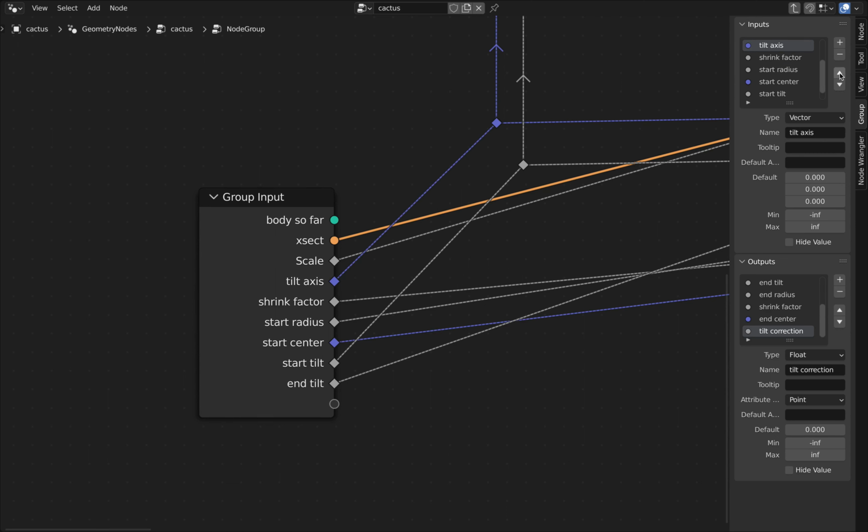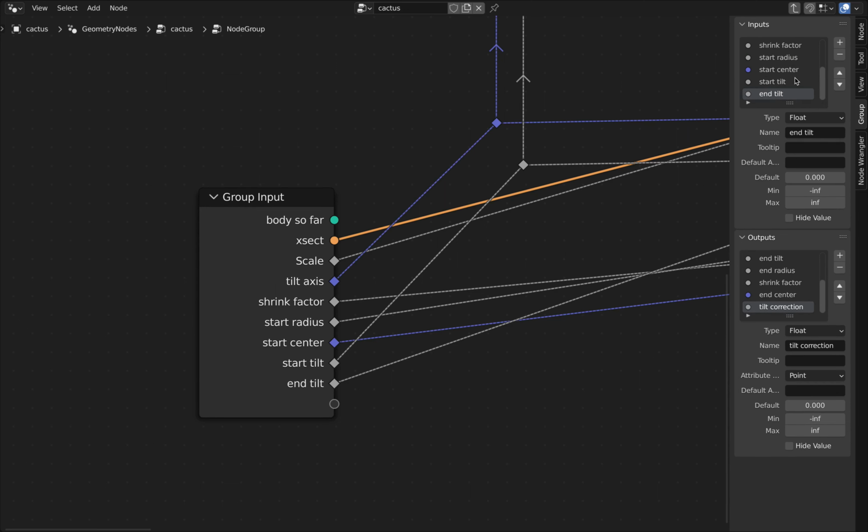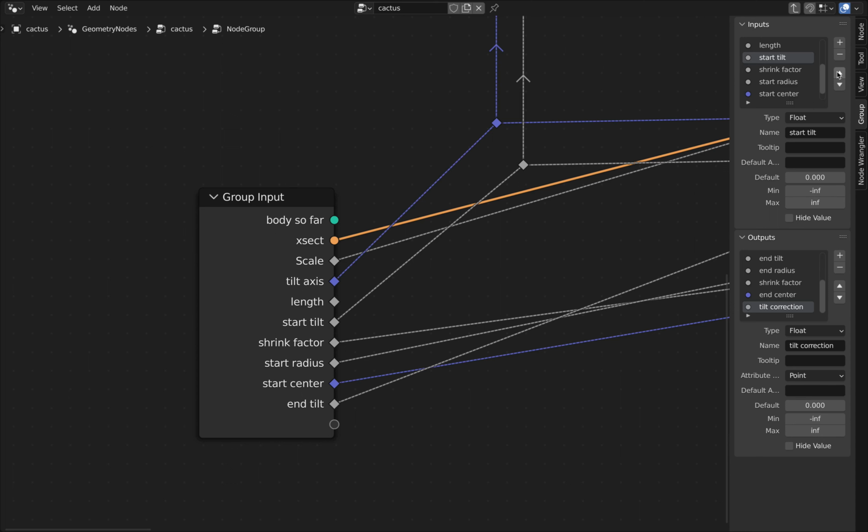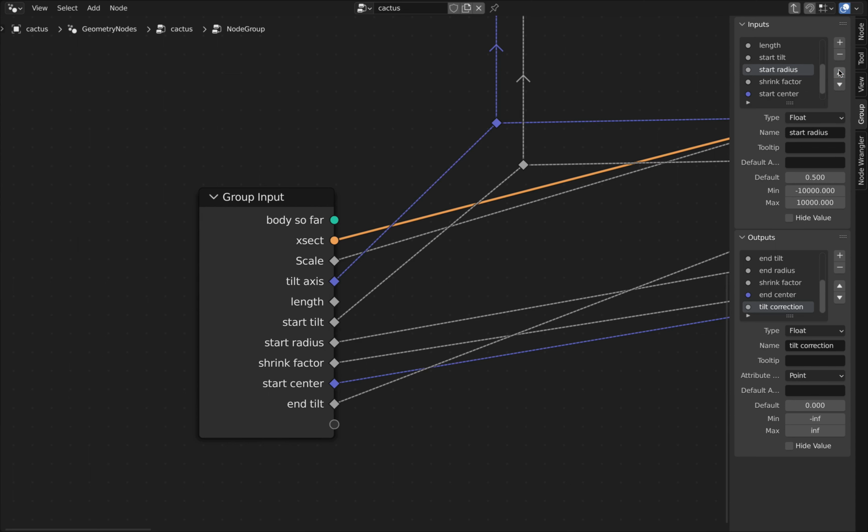This is where I want tilt axis, followed by length. Length is missing. Okay, no problem. We are going to add it. After length, we want start tilt, followed by start radius, followed by shrink factor, which we have, start center, great, and then instead of end tilt, in fact, please delete end tilt,